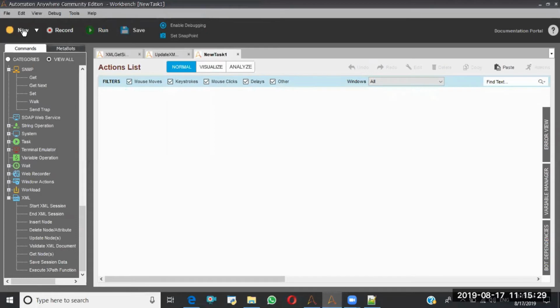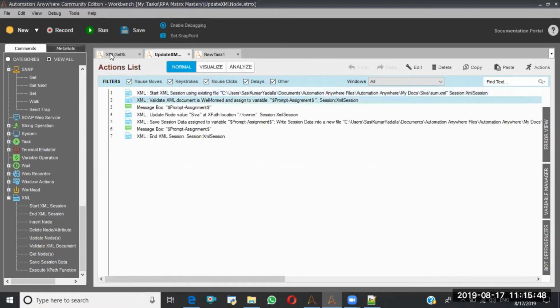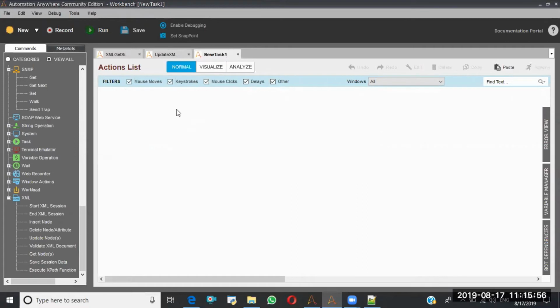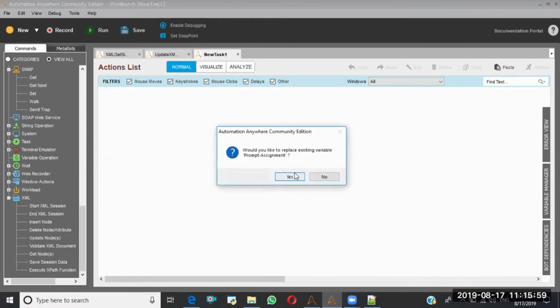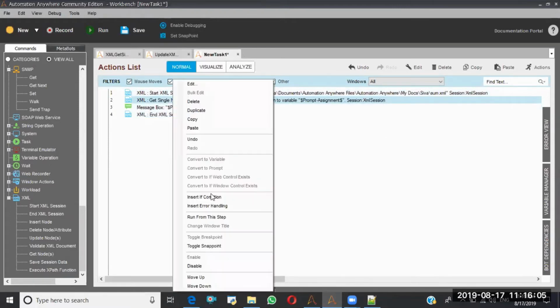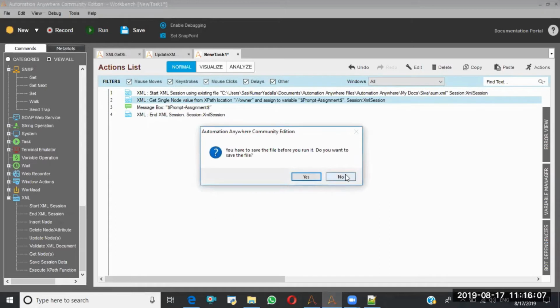Next, execute XPath. The execute XPath command helps us perform XPath functions, that means XML operations. Here I'm commenting out all these steps. Instead of get single node and all these things, I'll use a command called execute XPath.